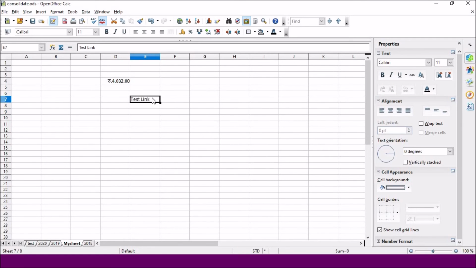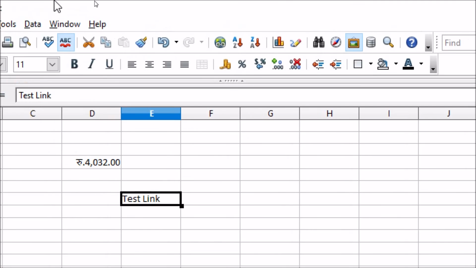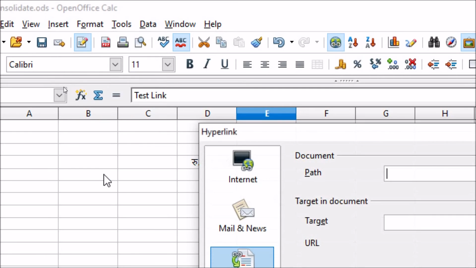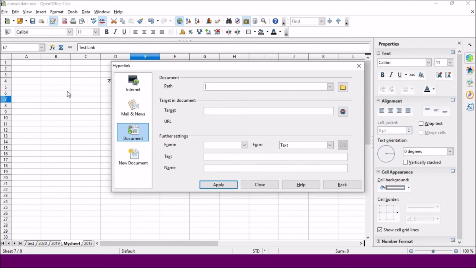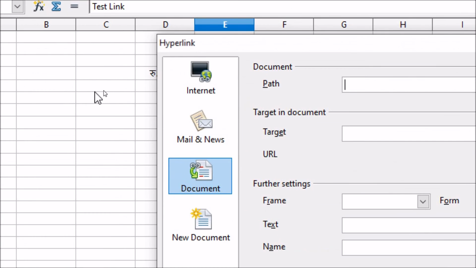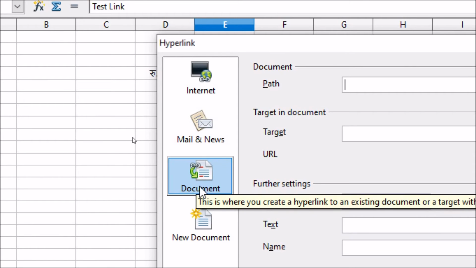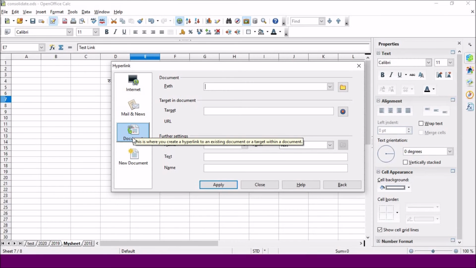So I have written this word. Now I'm going to select this word. After selecting the word, we are going to click on the insert menu, and there I'm getting the option hyperlink. And inside this hyperlink we are getting several options. We can also write a word and connect it to a website over here. We can connect it to an Outlook email address, or we can connect it to a new document also. We can connect our file with an existing file and any of the sheets available in the file.